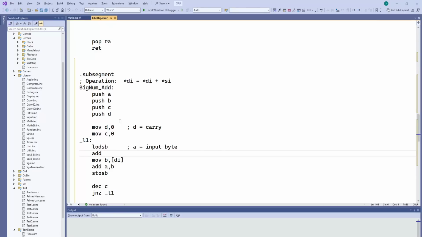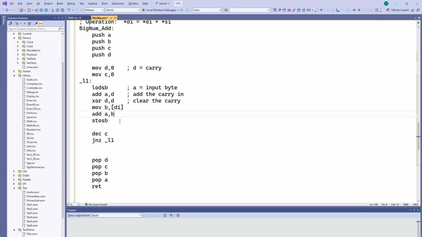We start that at 0, but then we add it in. So in theory, A and B could have been 9 and carry could have been 1. So A is anything from 0 to 19, and we want